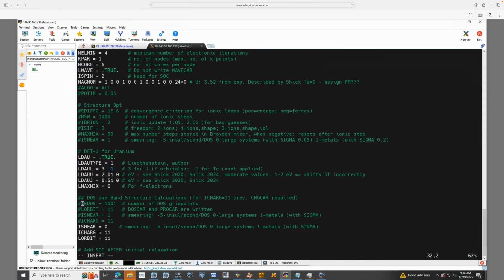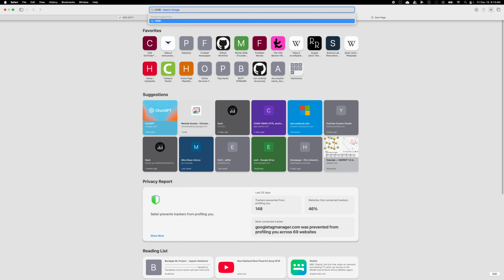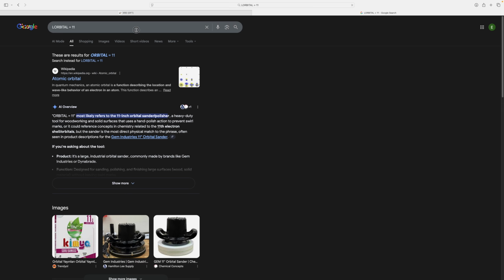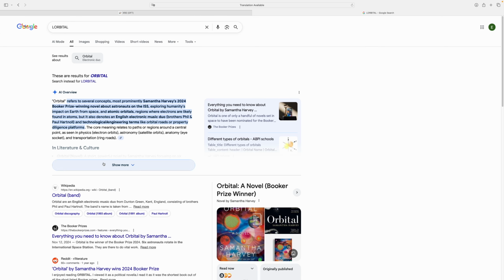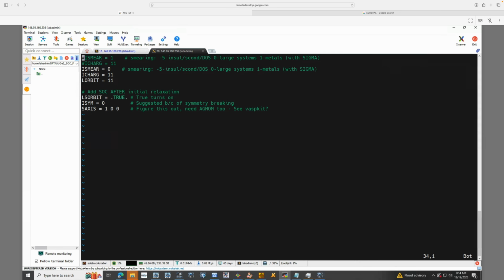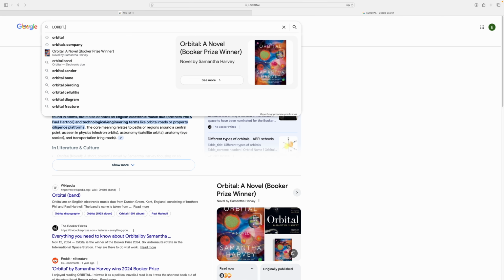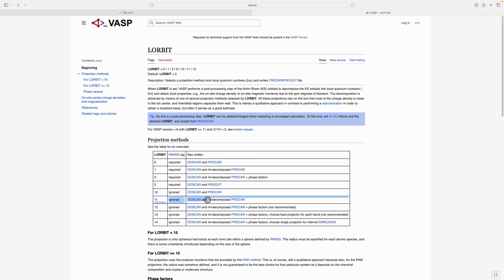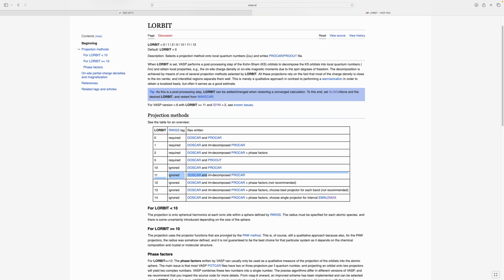Yeah, so ISMEAR is 0, ICHARG is 11 because it's reading the previous charge density. LORBIT 11, and that's going to allow you to see the, what is it going to allow you to see? I think the orbital states, orbital decomposed. Is it even LORBIT? LORBIT 11, DOSCAR, and yeah, projectors. Okay, so it is